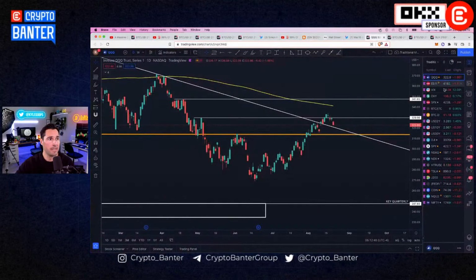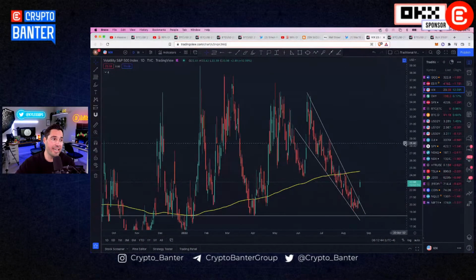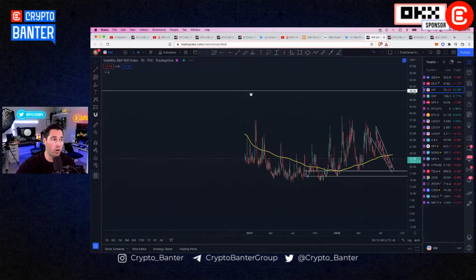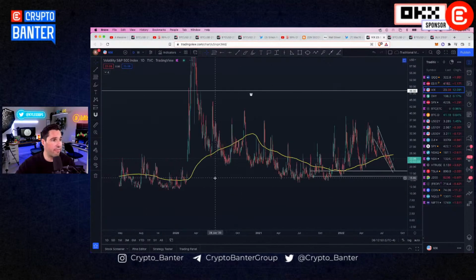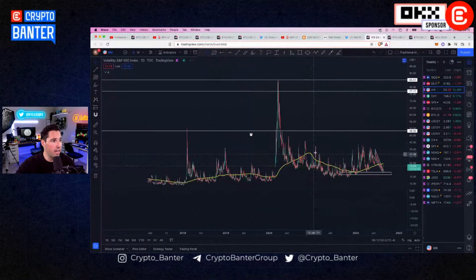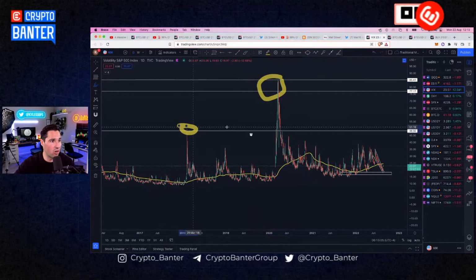and then you can have an opportunity for some sort of a V-shaped recovery. So looking at the VIX over here, this is our volatility indicator for at least the S&P 500. And we do have our own ones for crypto. Now, if you look at the VIX over here, I have pointed this out before, but all the market bottoms, look, here's your March 2021. So, of course, this is going to be a bit of a black swan event, an outlier. I'm not necessarily saying we're going to have something spike that high, but at least to this zone over here,